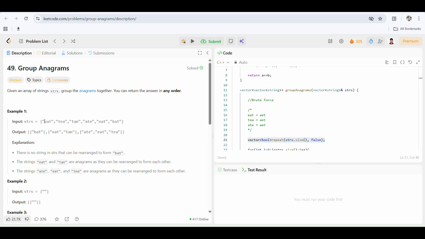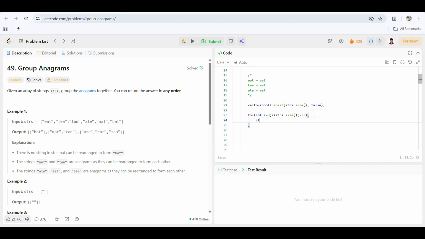So if I use this first word EAT, we have its anagram as TEA and also ATE. So when I include these three, EAT, TEA and ATE, in one group, I'll just mark them as true, right? So next time when I get to these words, I will not include them in my answer. So let's continue. If repeat of i equal to false,